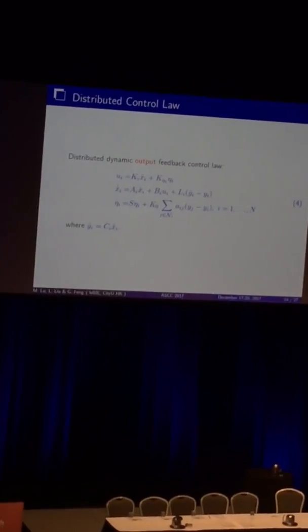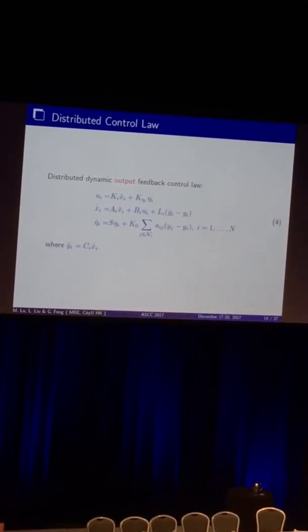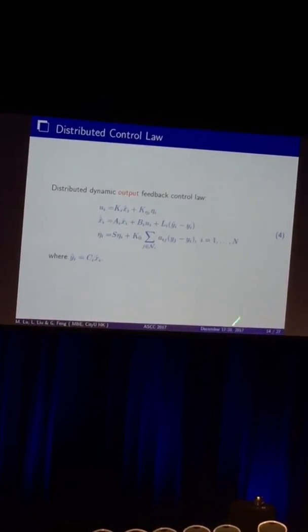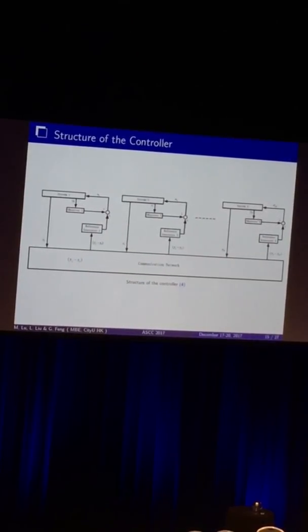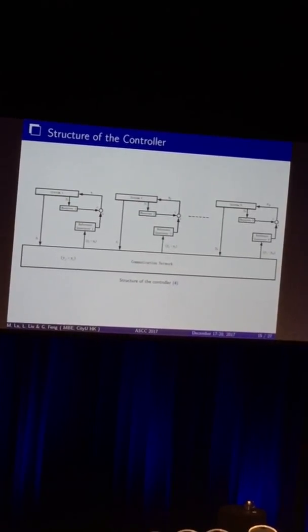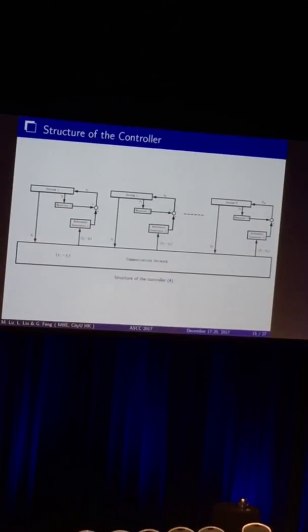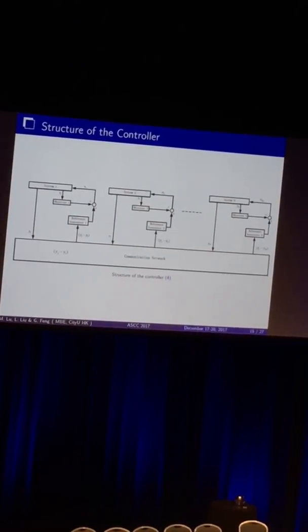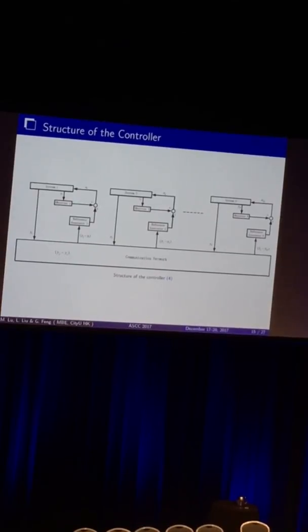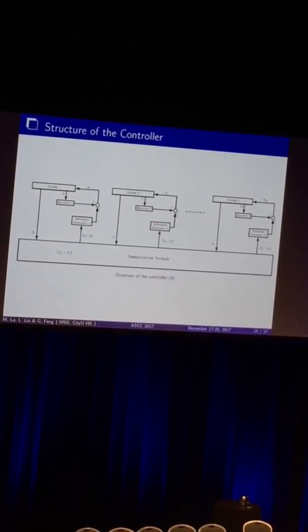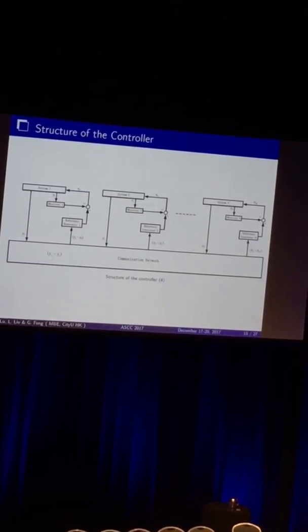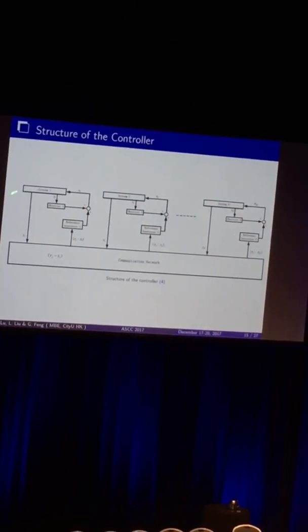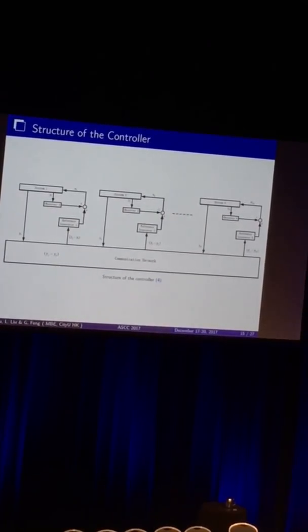We introduce a distributed dynamic output feedback controller in form 4. The structure of this controller can be seen clearly in this figure. So we can find our controller is composed of two parts. The first part is the estimator to estimate the system state, and the second part is the reference generator to produce the synchronized signal. So from this figure, we can find our controller is a purely output-based controller, and it does not require an additional dynamic compensator as in Qin in 2011.